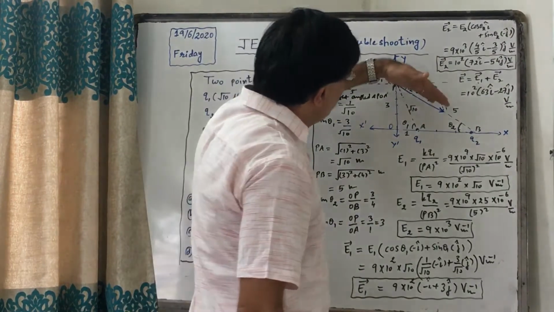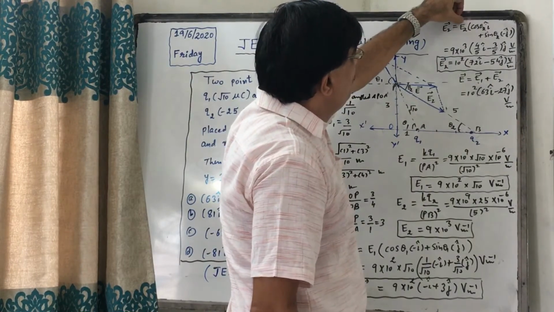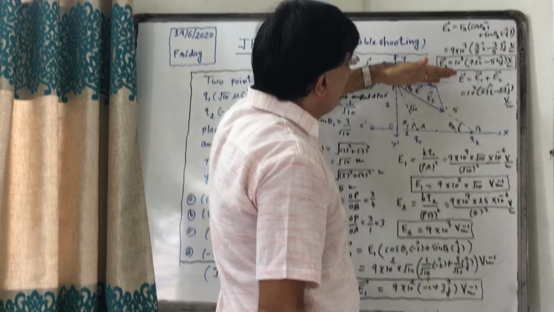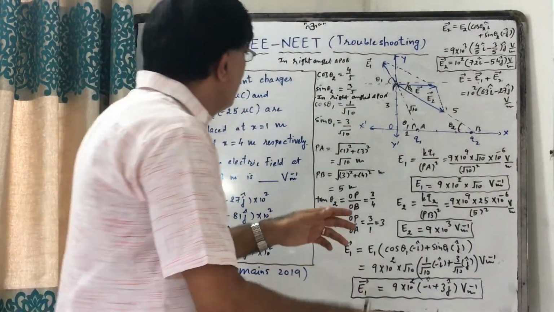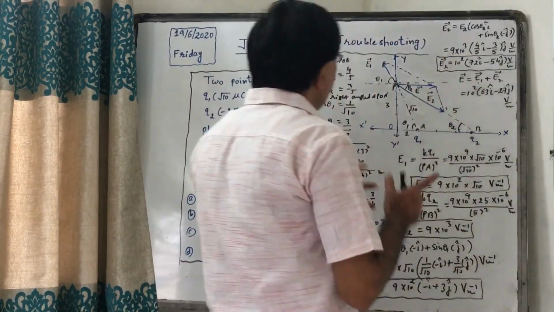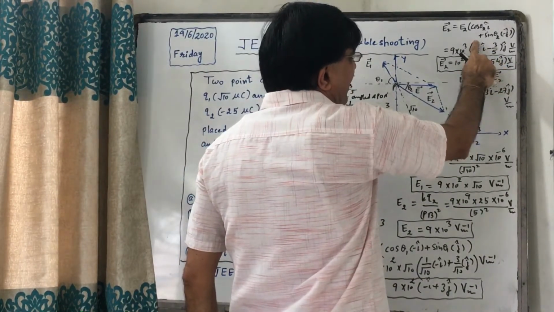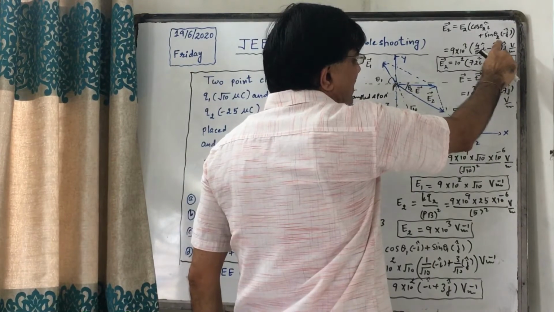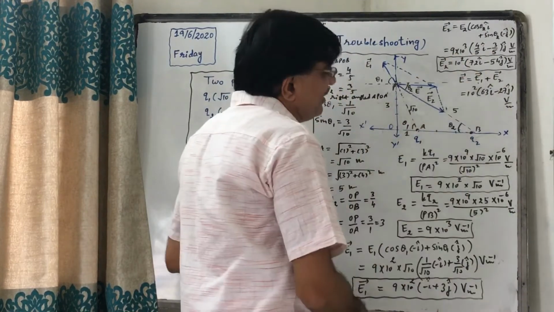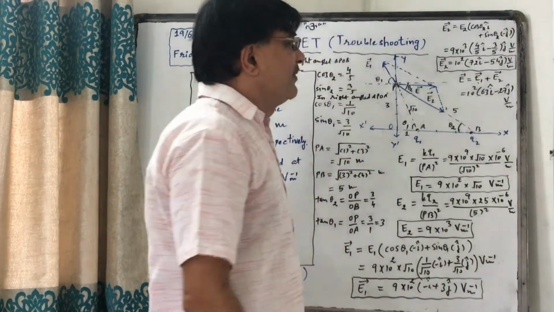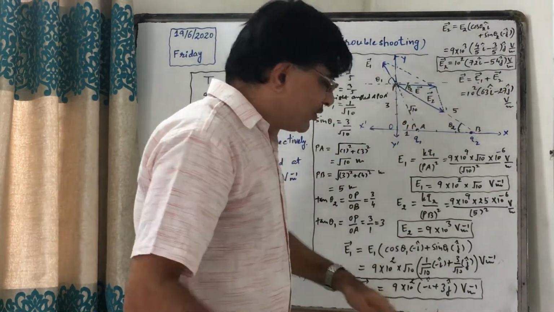Now E2. For E2, see, the cos component will be positive and the sin component will be negative. So E2 cos theta 2 i cap and sin theta 2 minus j cap. Cos theta 2 is 4 by 5 and sin theta 2 is 3 by 5. So if I multiply this by 2, it will become 8. 8 into 9, that is 72. Multiply this by 2, it will be 6 into 9, that is 54. And that 10 will be brought common, so 10 raised to 2 in bracket 72 i cap minus 54 j cap volt per meter. I have kept the power 10 raised to 2 in order to have an easy sum.